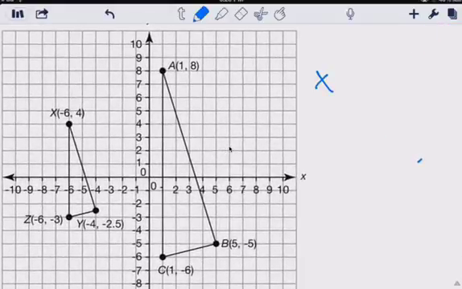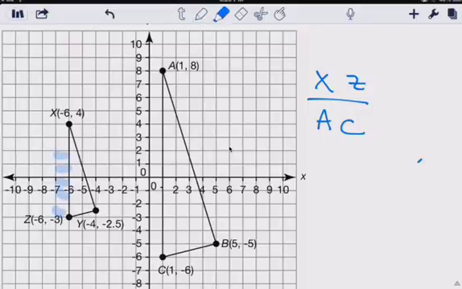So X, we're going to do it here. XZ is... corresponding side is AC. XZ is 1, 2, 3, 4, 5, 6, 7. AC is 1, 2, 3, 4, 5, 6, 7, 8, 9, 10, 11, 12, 13, 14. Oh, that's a half. Is equal to,